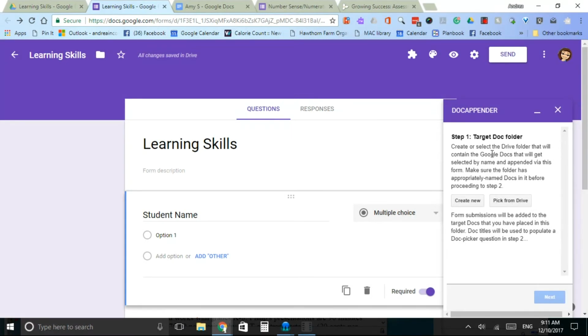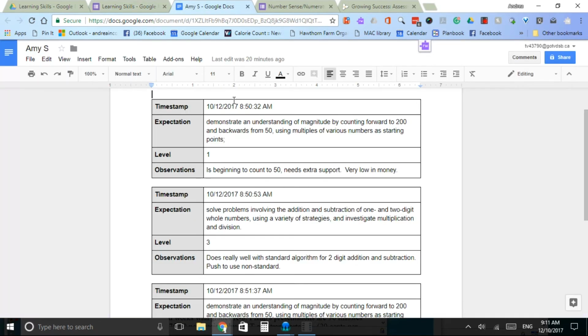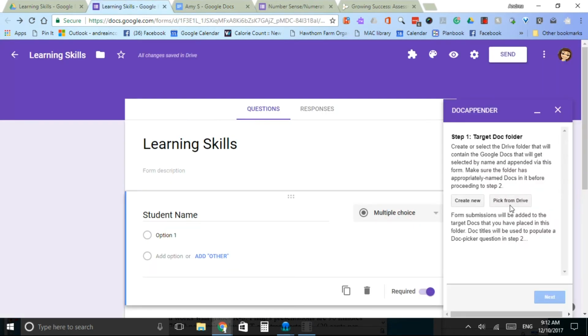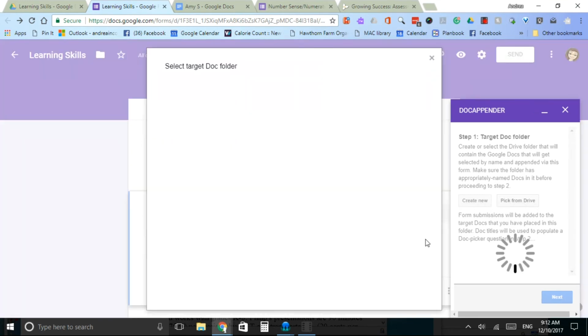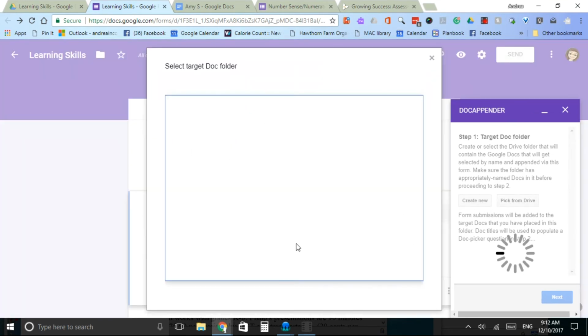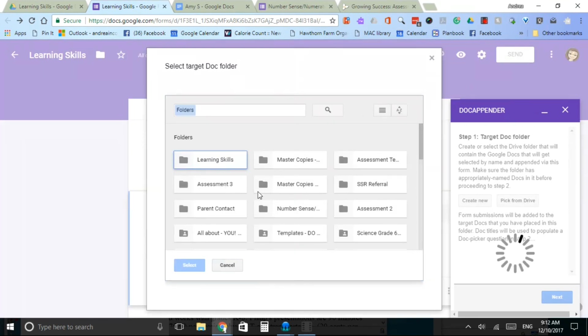So the first thing it wants to know is, hey, where am I going to put all the information that you put in this form so that I can make it onto an individual student's sheet so that you can write report cards better? So you're going to pick your folder from Drive, and we just did this work, so it'll show up at the top here. So there's my learning skills folder where I have all my student names. Select it